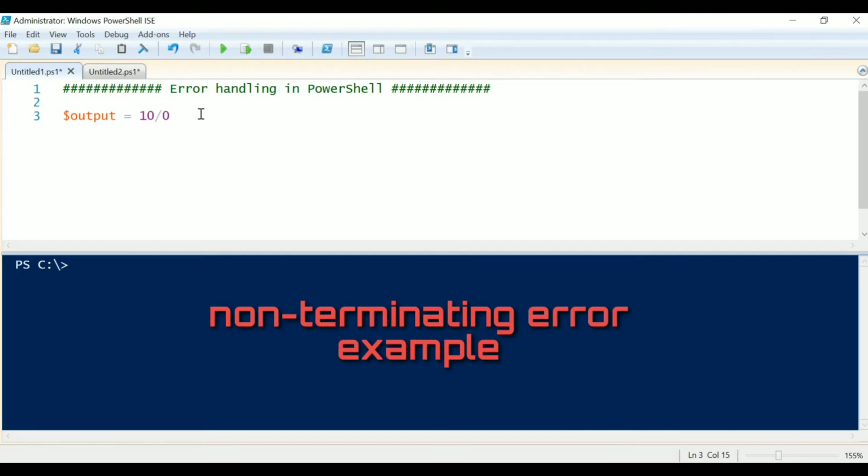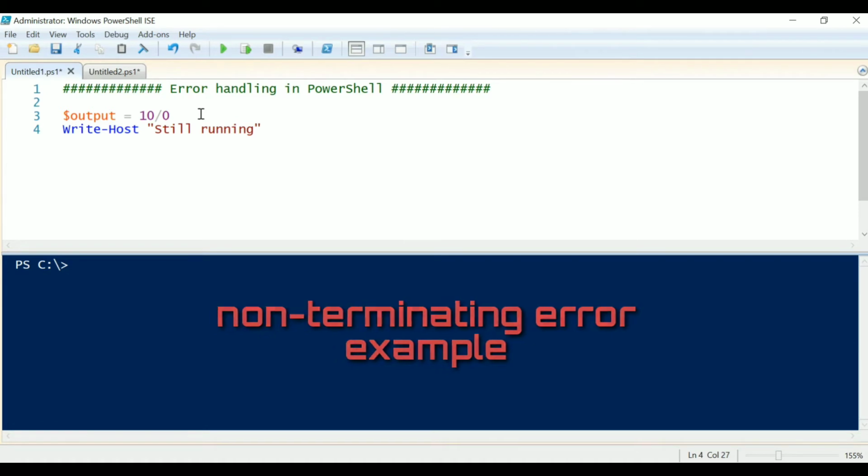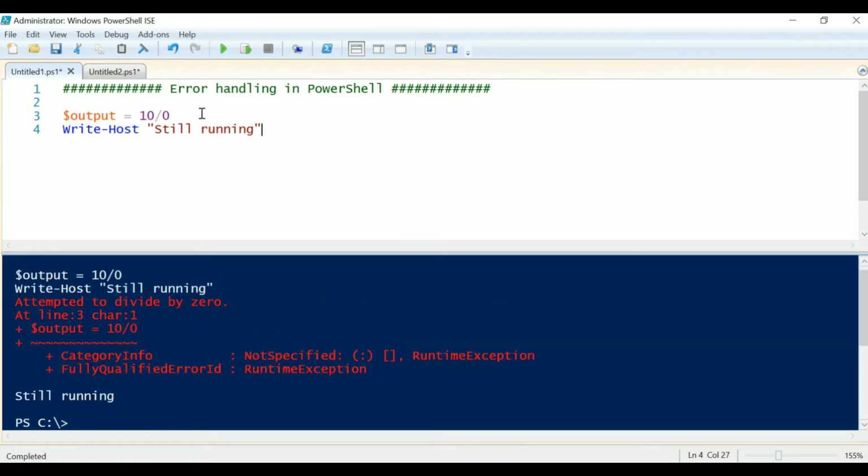After that, I'll write one more statement, Write-Host, it says still running. Now if I execute this statement, I'll get an error. Still I am getting output from the next line, that is still running, which means this error is a non-terminating error. It doesn't stop the execution of further statements.